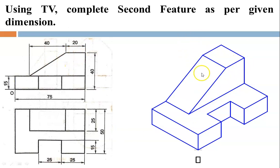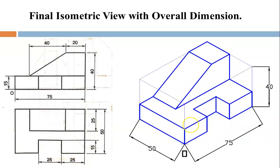When you see from the top, this is your first rectangle over here. This is your second slope, and then this is the surface and the slot at the center from the front. This is your final drawing, isometric view